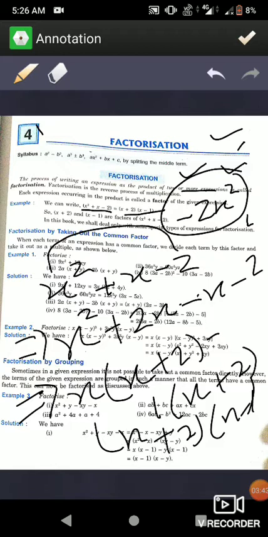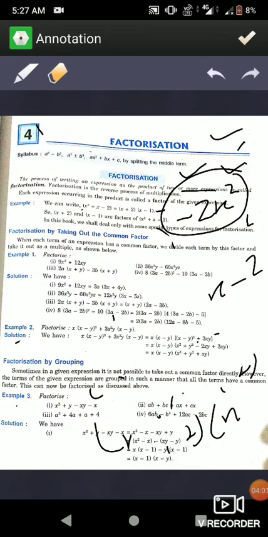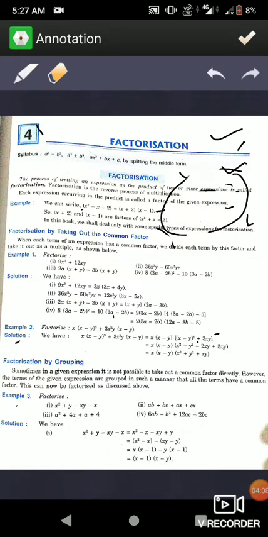I am not going to discuss the splitting term further. I am only reminding you about the factorization which you learned in class 8th. We are going to deal with some special cases of factorization. I think everyone can understand the term factorization and how it is done by the split method in class 8th. You are familiar with that. Now we are going to solve factorization by taking the common factor.